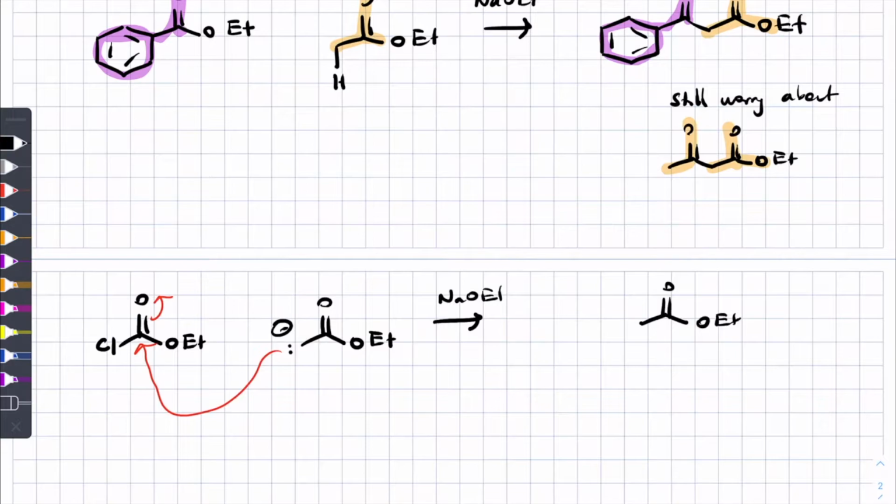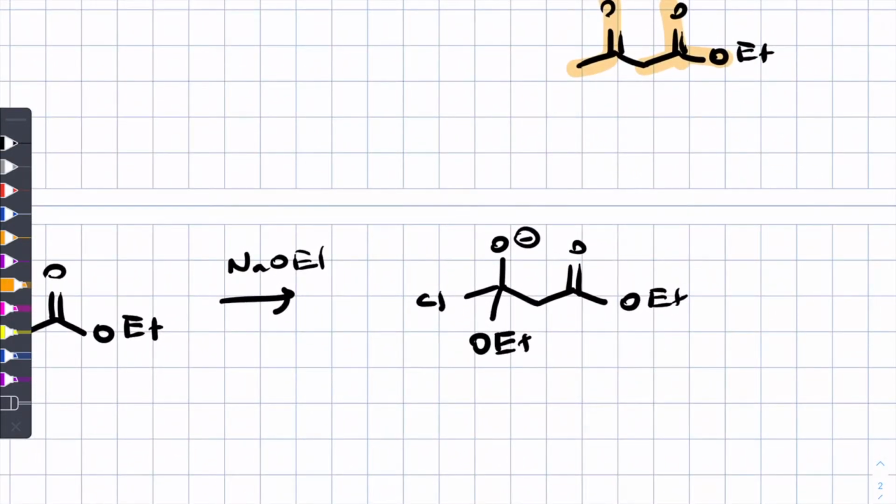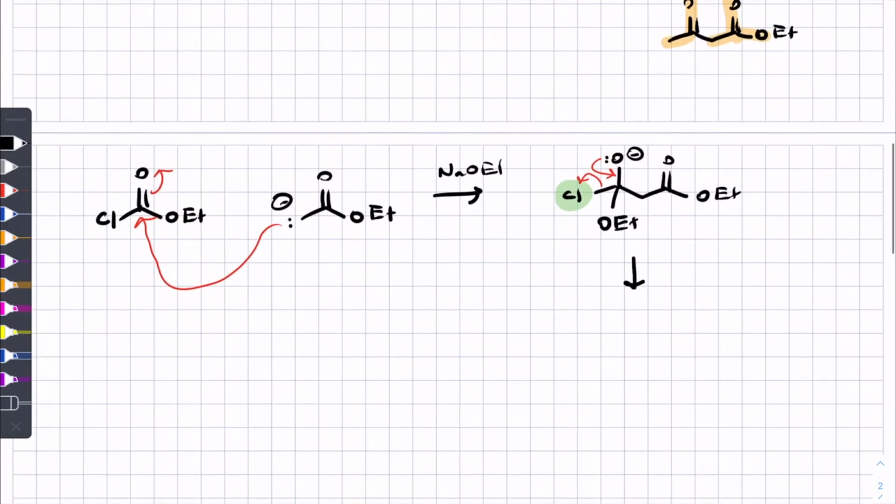The tetrahedral intermediate we get from that looks like this, and now we have a choice because we have not only the ethoxy leaving group but also the chloro leaving group. Chloro's better, as you learned in 351, so electrons will kick down and the best leaving group leaves, and then our product is